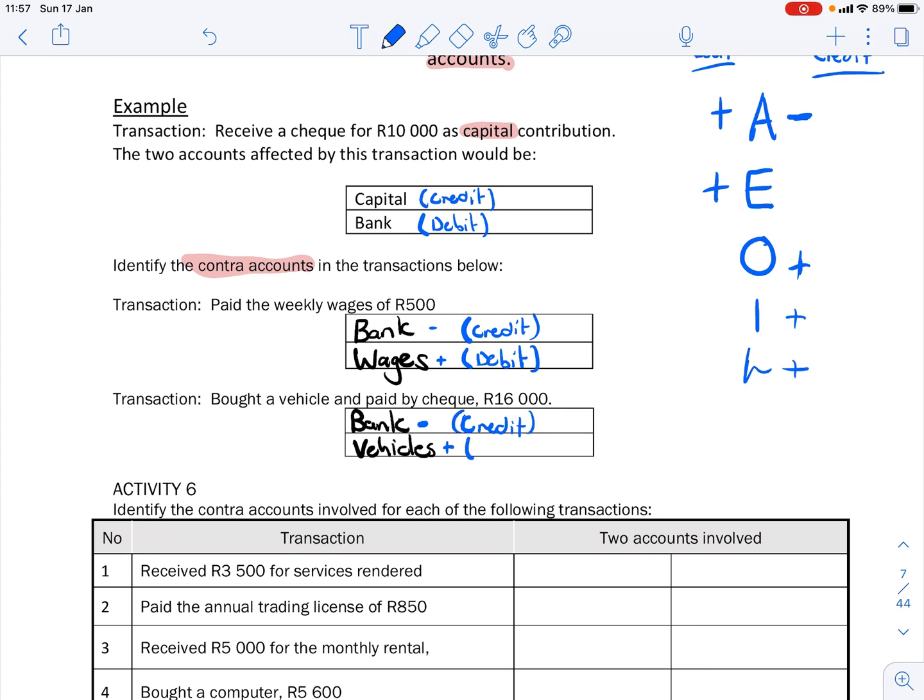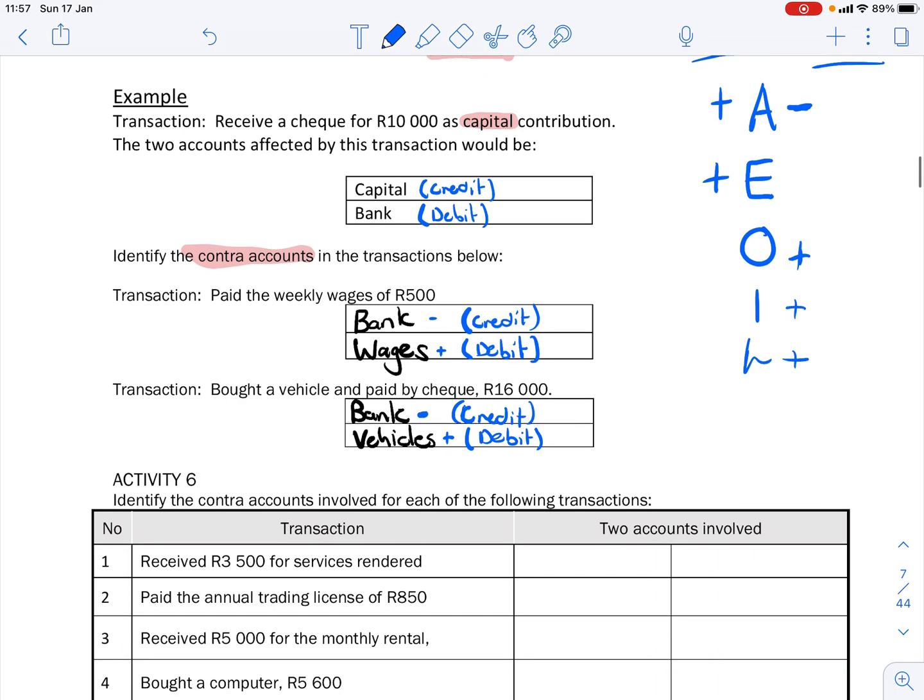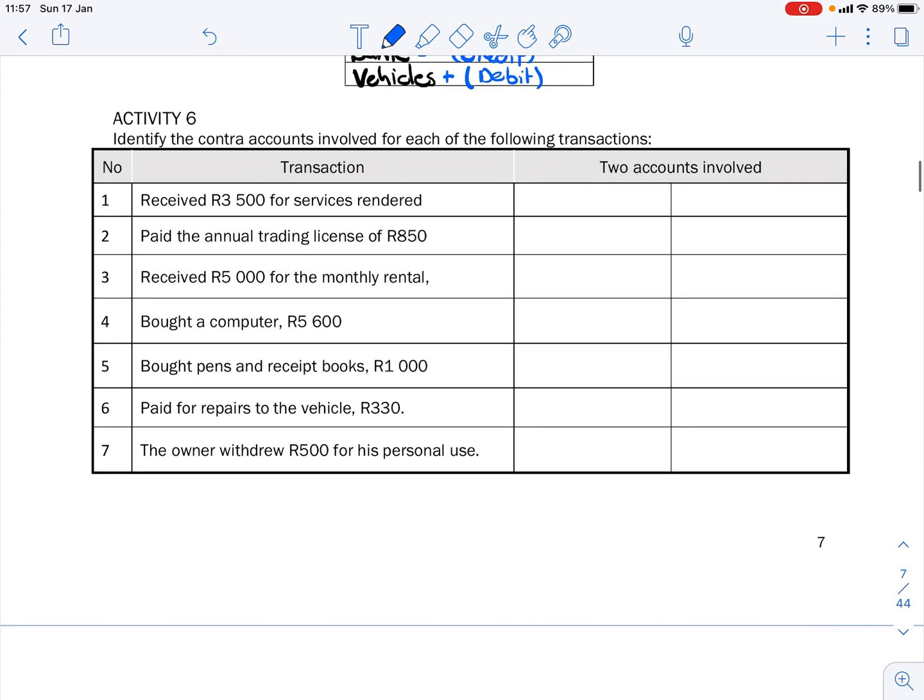And vehicles is an asset. When increasing, we debit it. All right. Now, if we look at activity 6, we just need to establish what two accounts are involved in the following